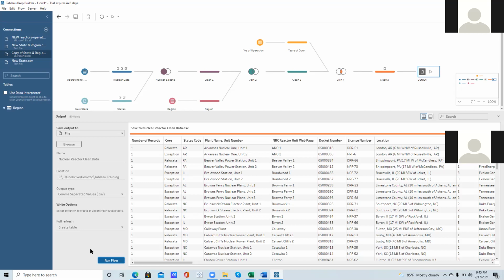What Lucky demonstrated yesterday is just to show how you can save it, either as a CSV that you can share with other people, or on the server, on the database, or as hyper, where other people can also use it.